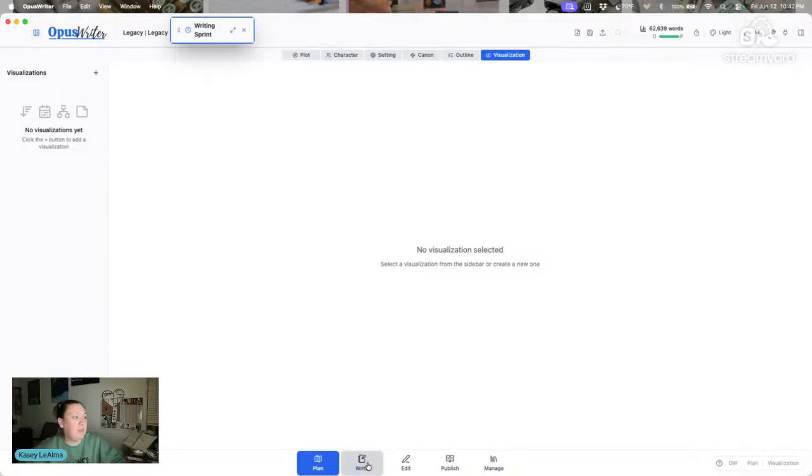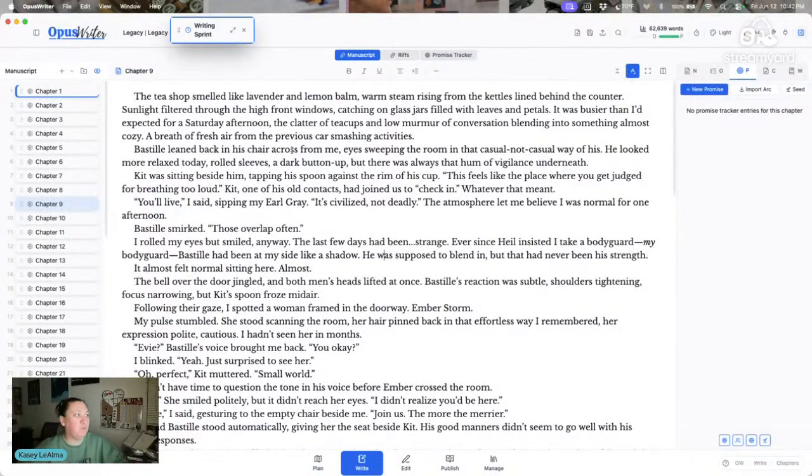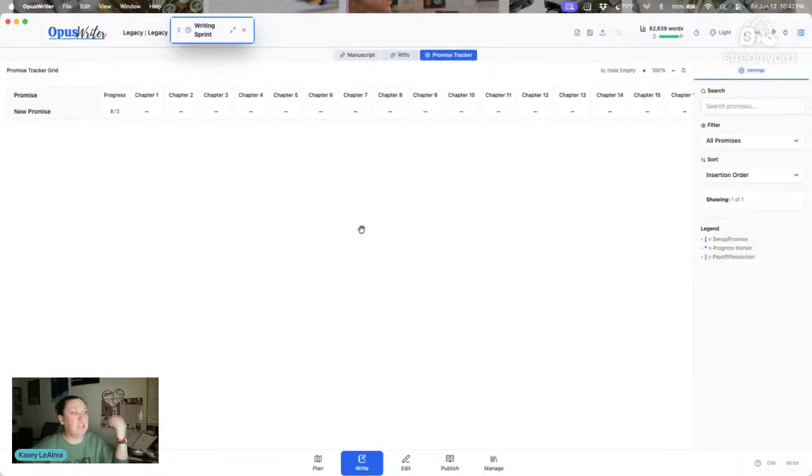And then you have a writing tab, and this is where you actually draft your manuscript. And so over here you have 3 up here: manuscript, riffs, and promise tracker. And so the riffs, I'm not exactly sure what they are, but the definition in here is riffs are short writing prompts to loosen up and get the words flowing. And then promise trackers